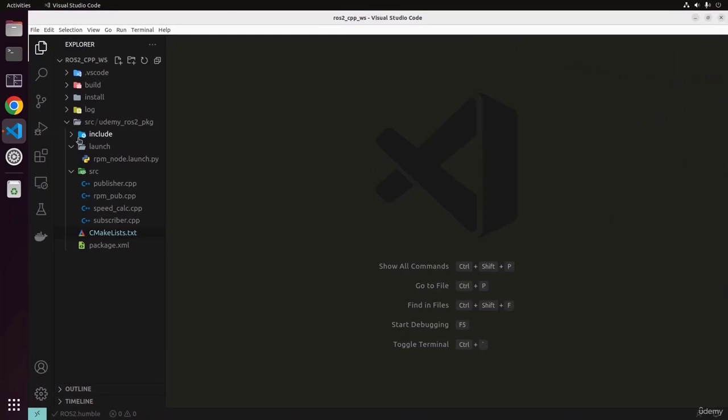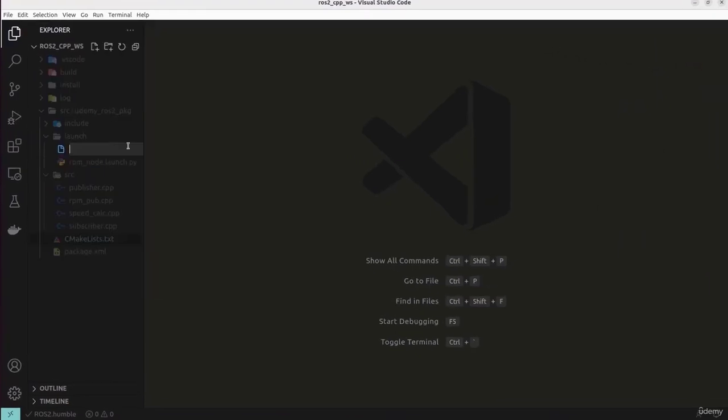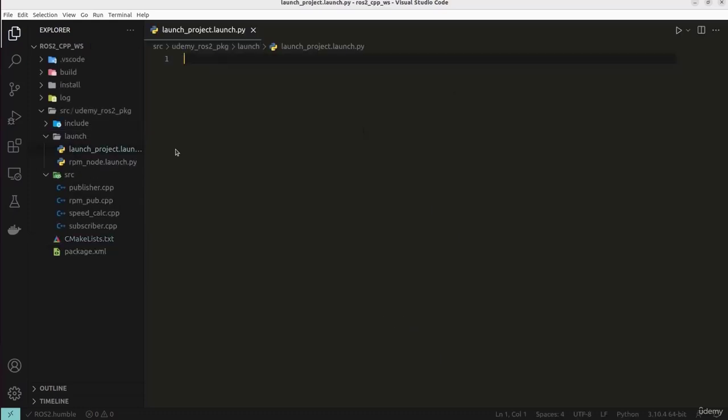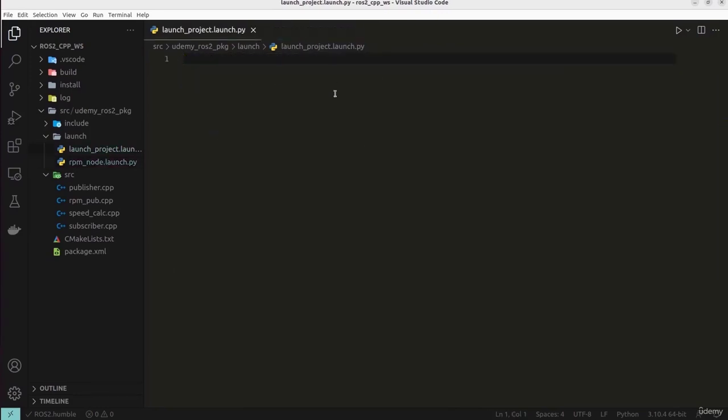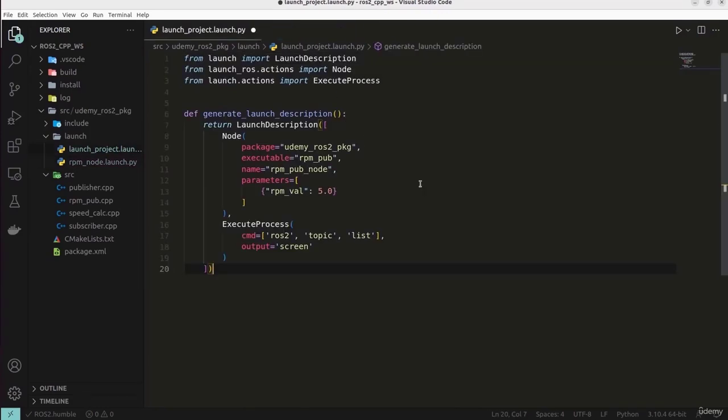Alright, with VS Code open, the first thing I'm going to do is create a new launch file. I will call mine launchproject.launch.py. To make this go by a bit faster, I'm going to copy the contents from my previous launch file in the previous lecture. Since we need to launch the RPM node, we can leave this node section as is,